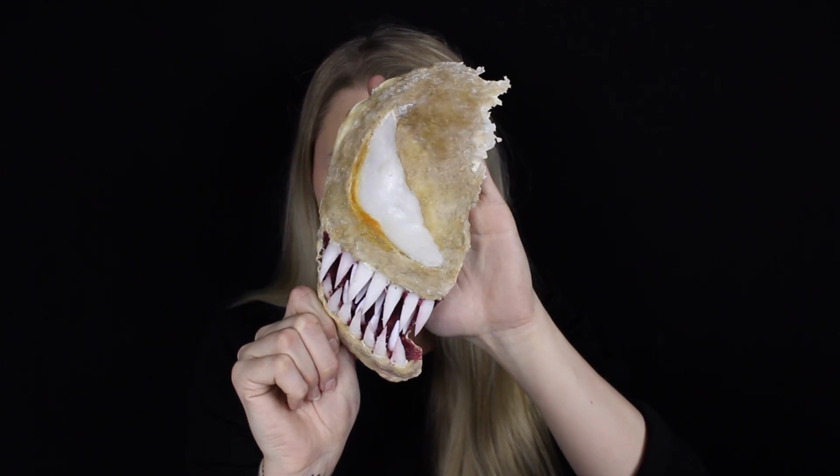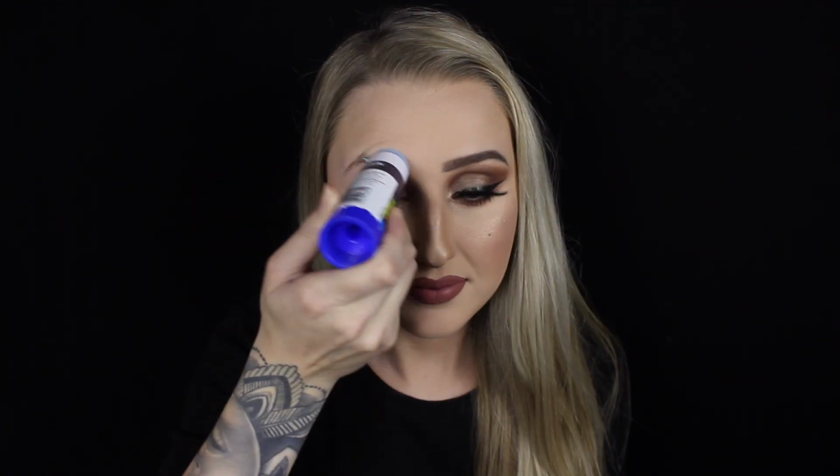After all of that hard work, it is now time to move on to the application process. I've got half of my face in full glam and we need to start prepping to apply this prosthetic. I'm starting out with a non-toxic glue stick and running that through my eyebrow. This is going to protect all of the hairs from any liquid latex that could possibly pull them out later on. So what you need to do is brush them upwards and apply a few coats to keep it